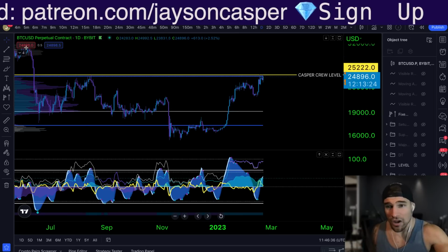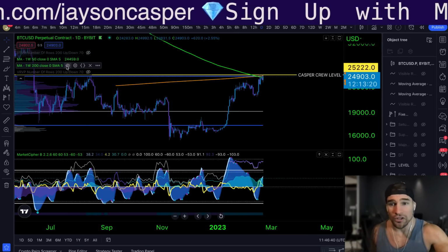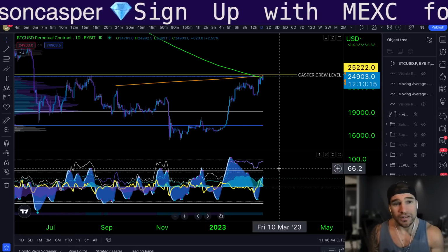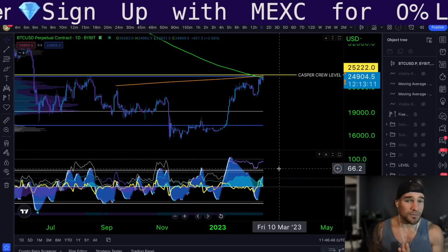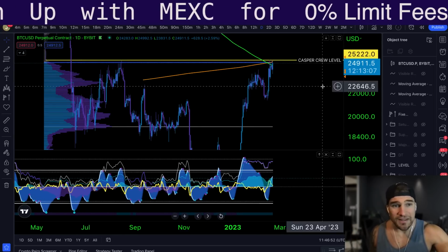In addition to that, we know that we are currently coming up to the first ever in history death cross on the weekly time frame, where the 50-week moving average is crossing down below the 200-week moving average. We have never seen this in Bitcoin's history. And as you can see here, yes, we have a lot of confluences at this level,